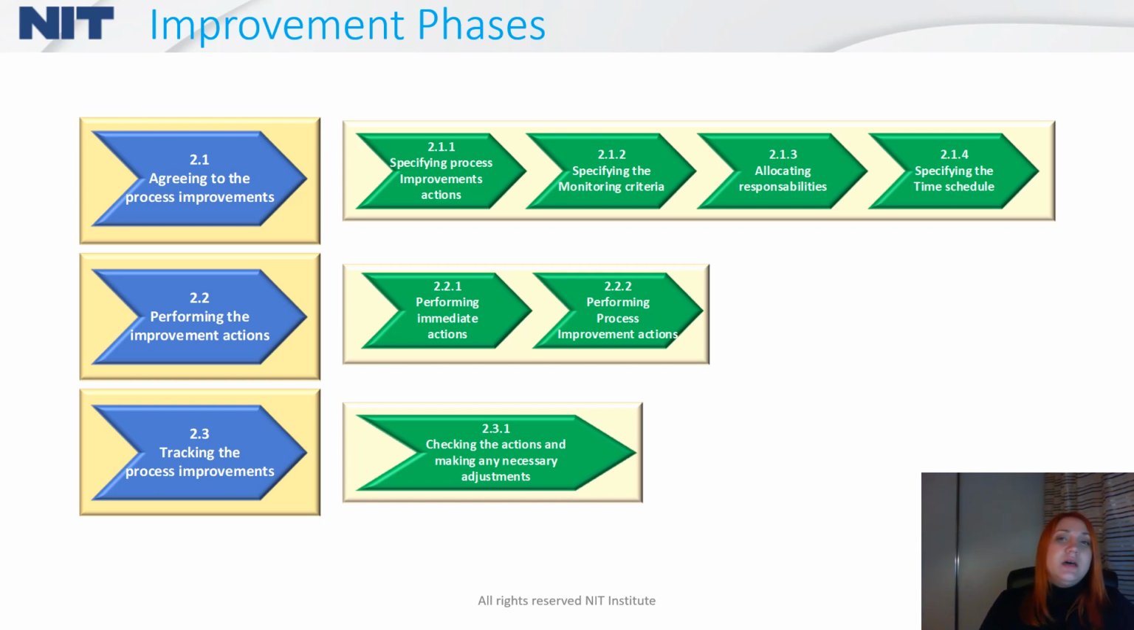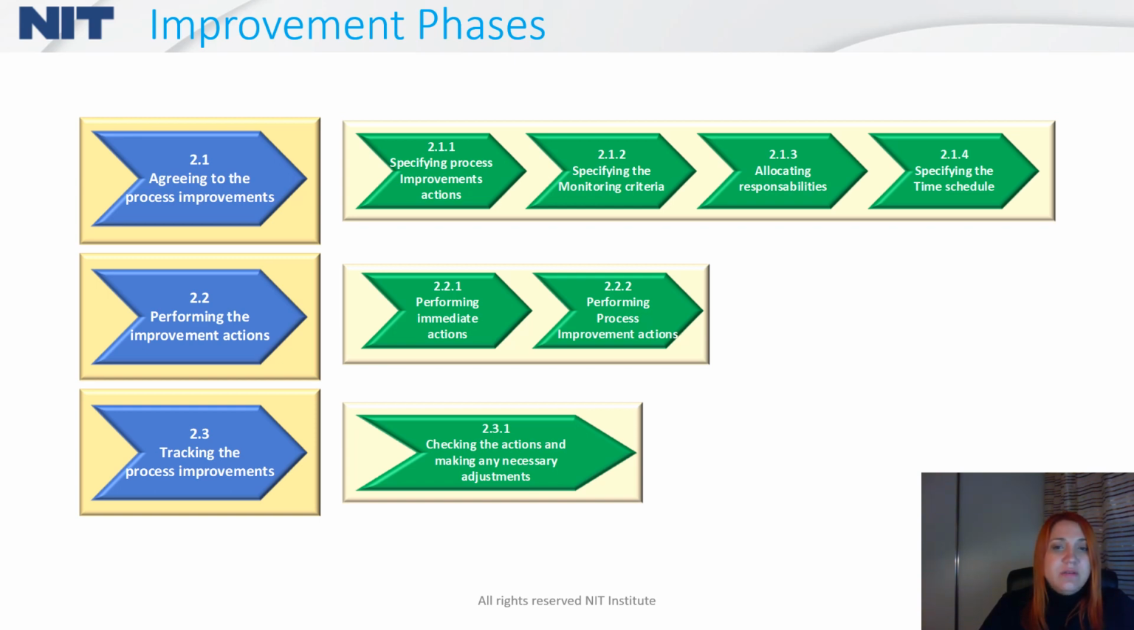After having the assessment report with all the notes, all the objectives and all the ratings, there is the possibility to start performing the improvement phase. As I said already, there are 3 phases: agreeing to the process improvements, performing the improvement actions, and tracking the process improvement. In the first phase, we need to consider what those improvements are, and we need to